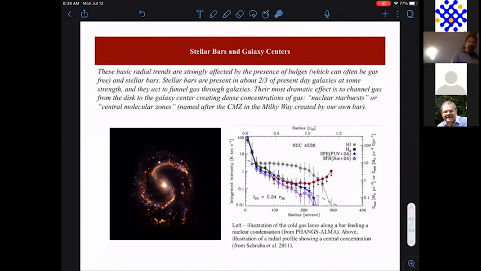A stellar bar is a mode excited in the disk. It looks like a linear feature when you're looking at maps that trace the stellar mass of galaxies. Something like 2/3 of present-day galaxies have them at some strength. But the thing that they do to the ISM is that they,